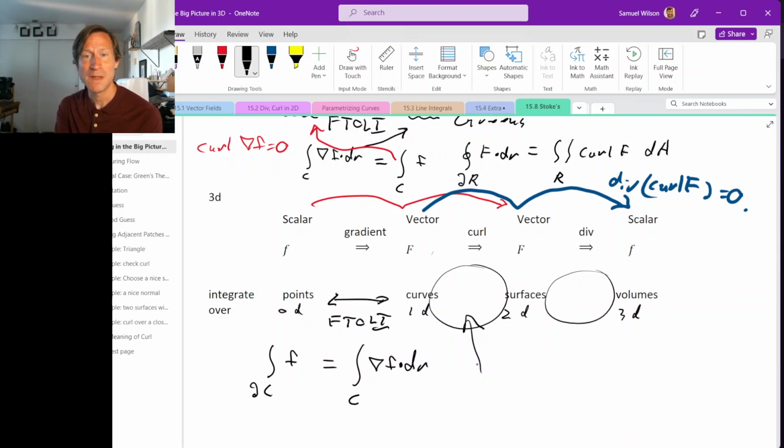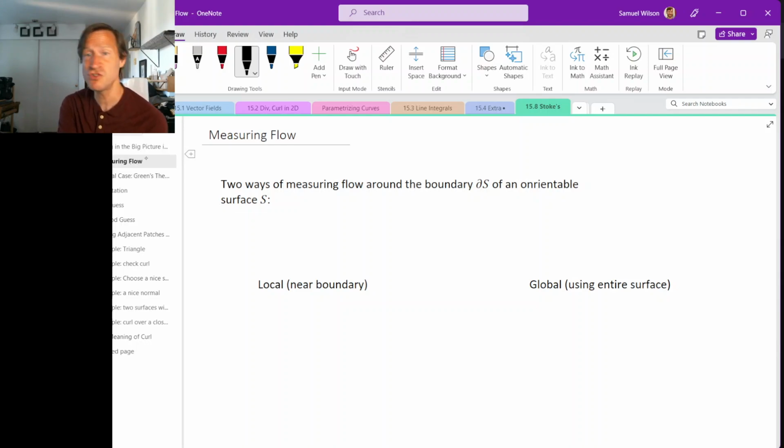So we're going to think about what sort of integral of vector fields over curves might be equal to what sort of integral of vector fields over surfaces. And it might take a little experimenting to hit on the right idea, but the idea is to measure flow, because we have 2 ways we can measure flow. If we have a surface like this that's orientable, and we ask about the flow of some vector field,